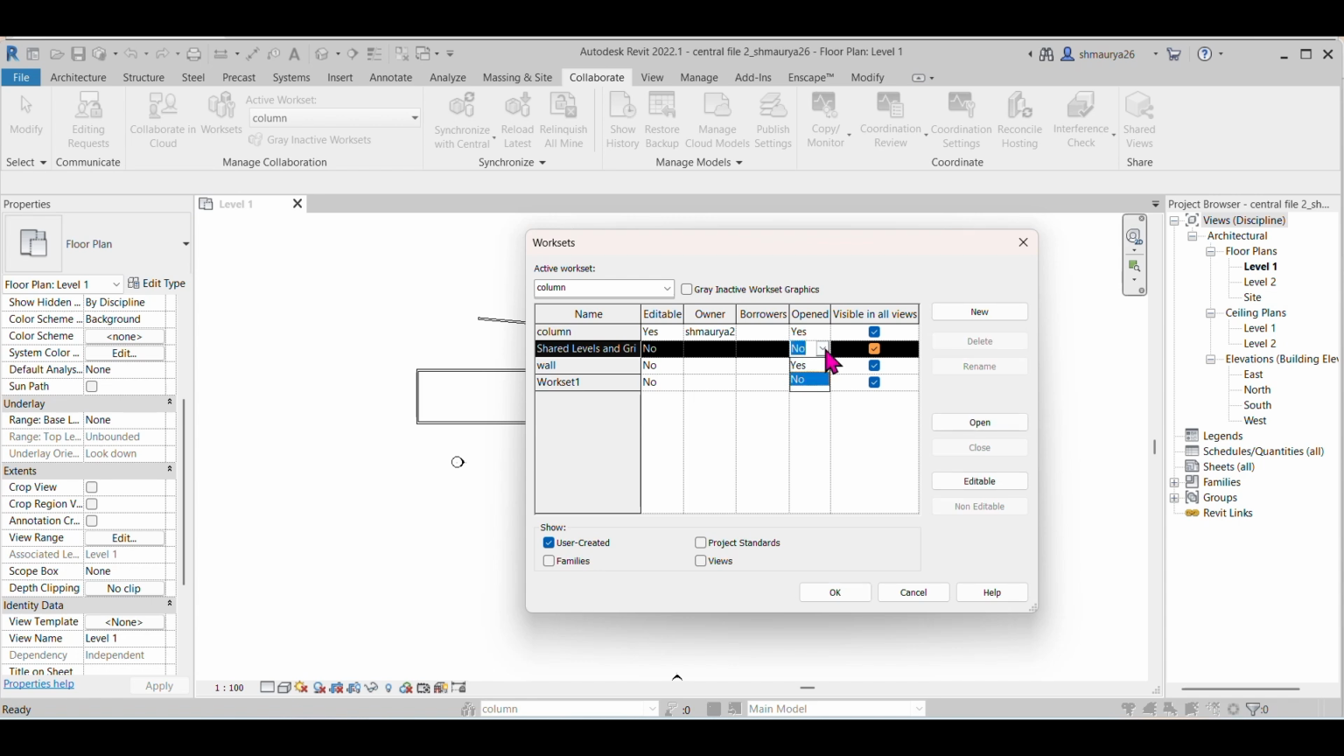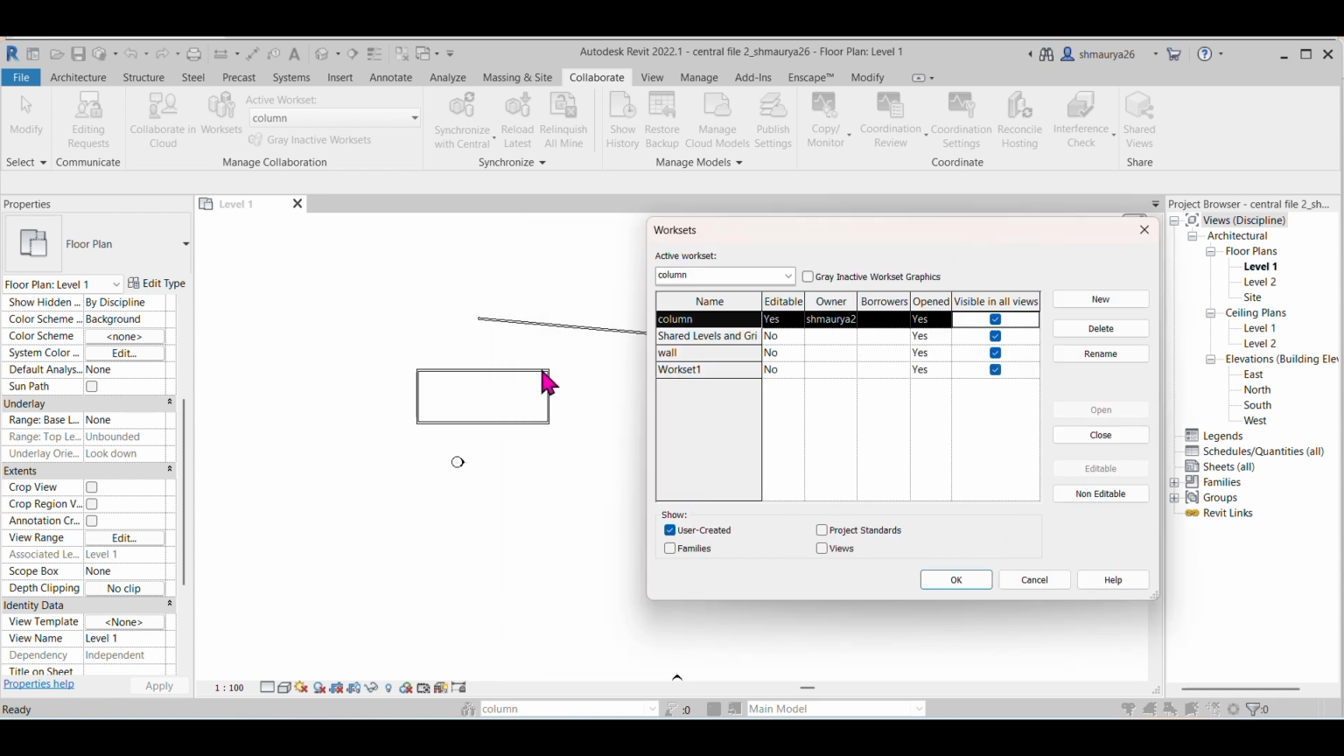Now here you can see a yes or no option. So what does this mean? Yes, and visible in all views. What does this mean? Basically, you can see we have drawn this wall in this rectangle, and this single wall each belongs to this workset. So if I deselect this visible in all views and click OK,